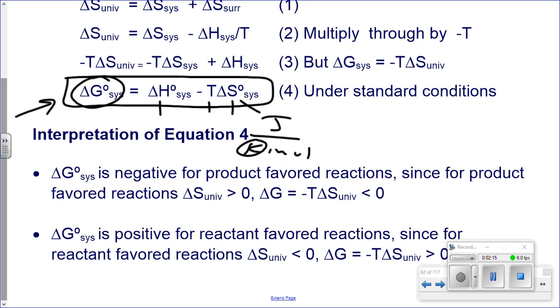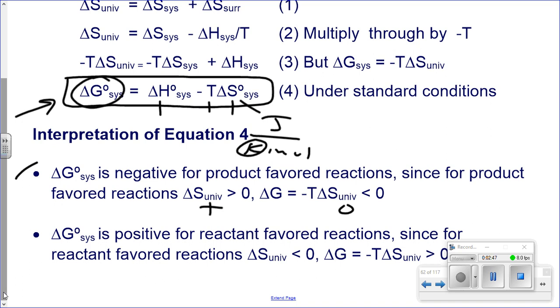In order for a reaction to be spontaneous, another way to say that is for a reaction to be product favored, is to have delta G be negative. You want delta G to be negative. So, in order to look at this, take a look at this one right here. Delta G is negative for product favored reactions, since product favored reactions say that delta S is positive and the temperature must be less than 0. So if you check this out,